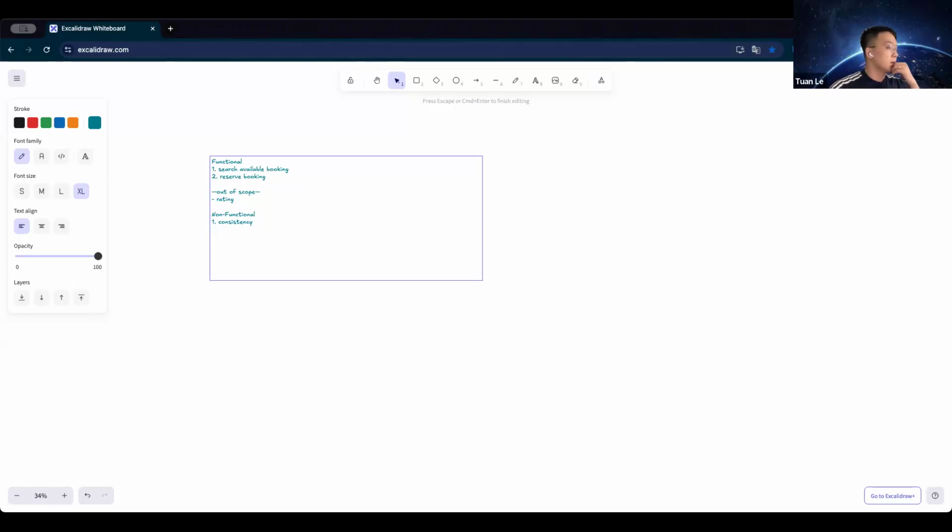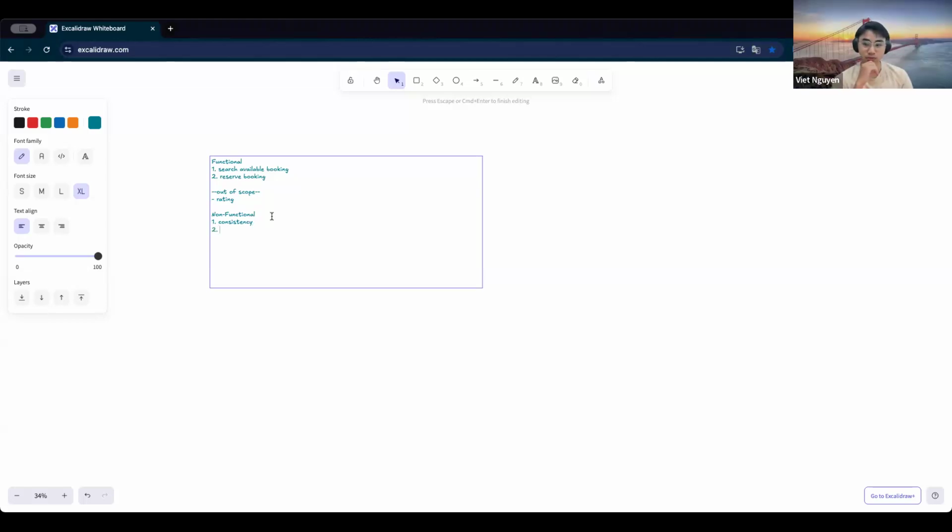I think when the first user books, we lock this for about 10 or 15 minutes, right? And after 10 or 15 minutes, I will release this booking, right? Okay, I think that's good.